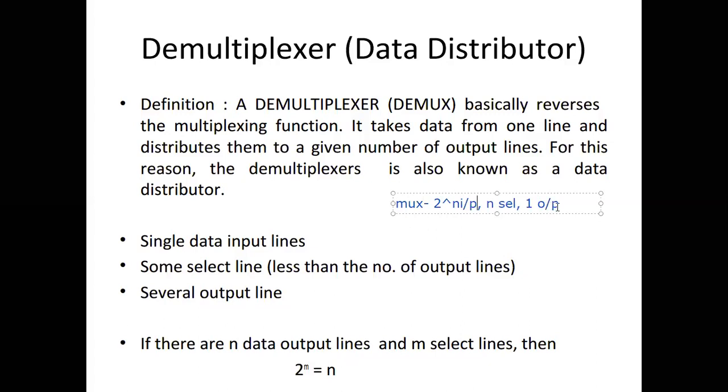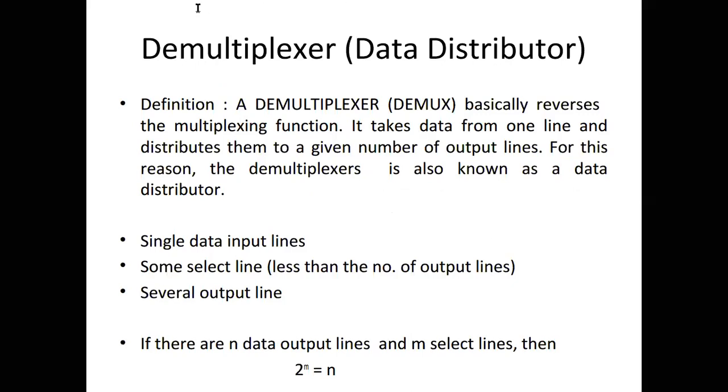Now a demux is processing the reverse of a multiplexer. A demux will be having 1 input and 2 to the power of n outputs, and n select lines. This is how a demultiplexer will be.